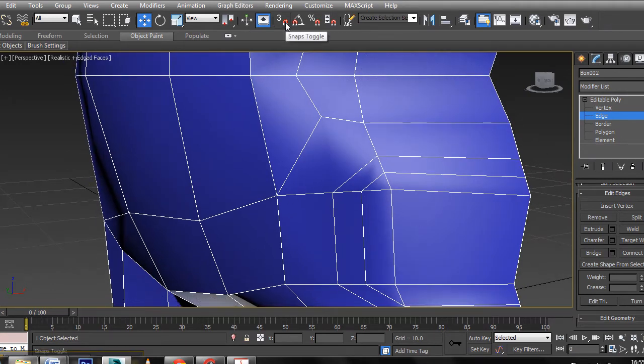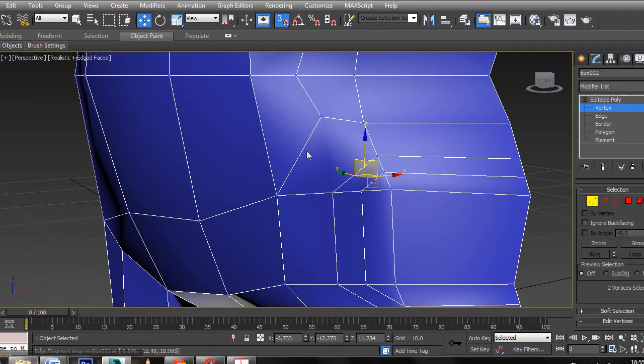So I'm going to put my snaps on, which still has my edge selection on, and then insert a vertex here and here. And jump over to vertex mode, and you can see now if I turn the snaps tool off and then move these around, make 4-sided edges to my loops,